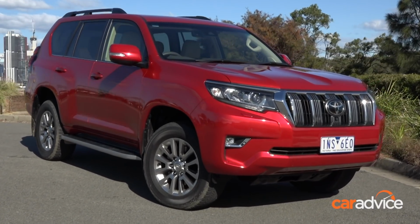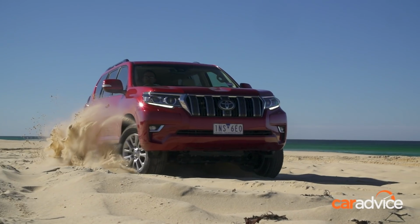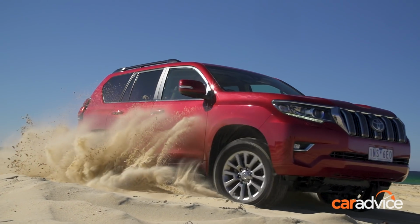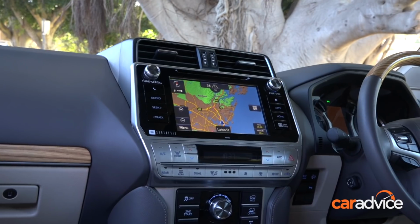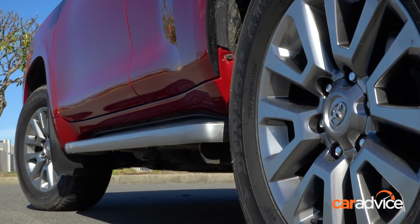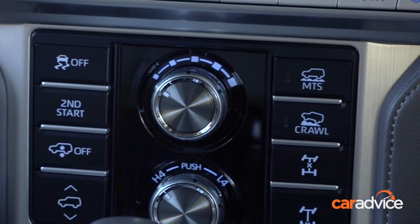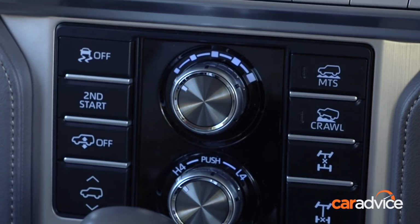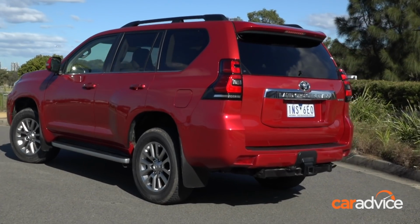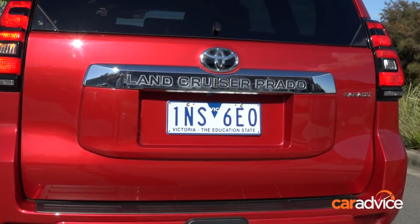The Prado Kakadu is the all-you-can-eat variant of the range, with the only option being paint, a relative bargain at $600. For the $83,761 asking price, you get 3-zone climate control, KDSS with rear airbag suspension and bi-LED headlamps. There's hill descent control and multi-terrain select for the off-roaders, and this new optional specification loses some fuel capacity for an underslung spare. But this means you get a separate opening glass on the rear tailgate, which is now lighter